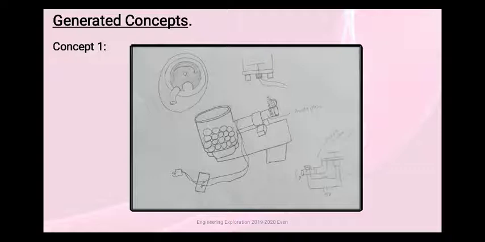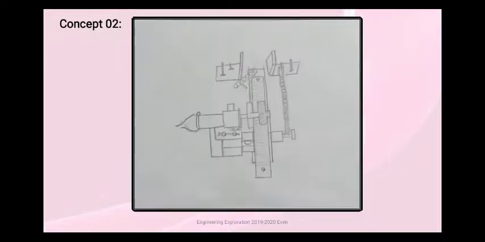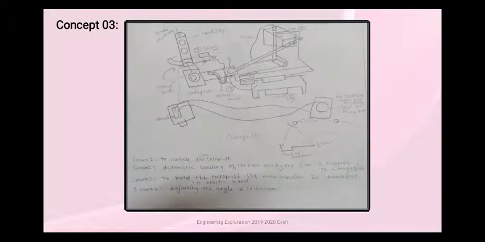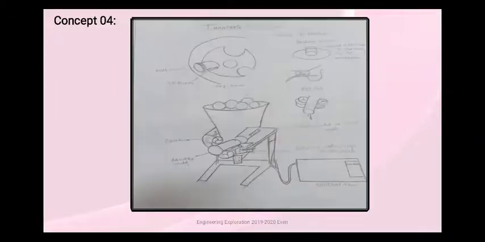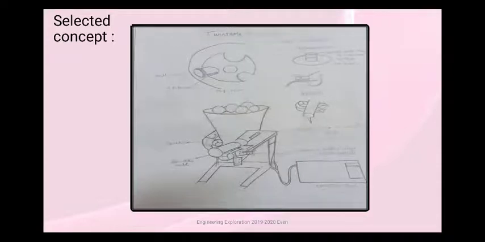We designed 4 different design concepts with different mechanism. The first one uses turntable mechanism and single wheel to launch the ball. Second one uses rack and pinion mechanism. Third one uses catapult mechanism. Fourth one uses turntable and pitching mechanism. After comparing all the 4 concepts, the fourth one stood out to be the best design.